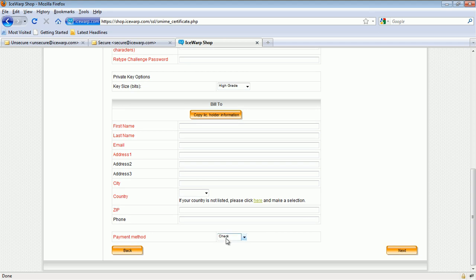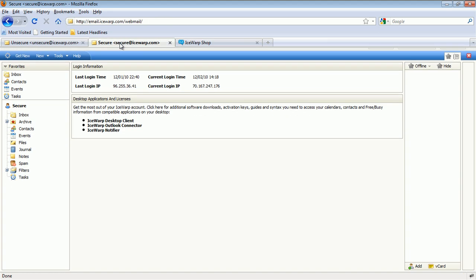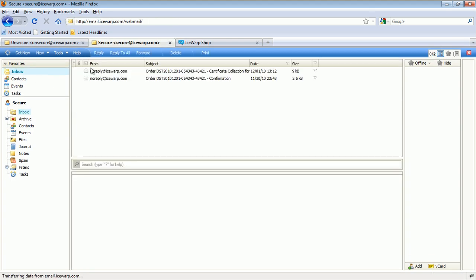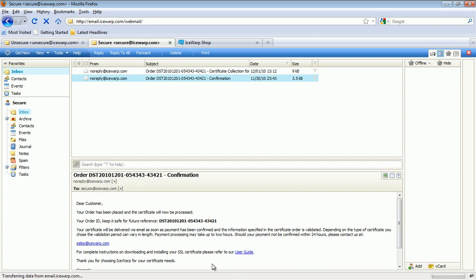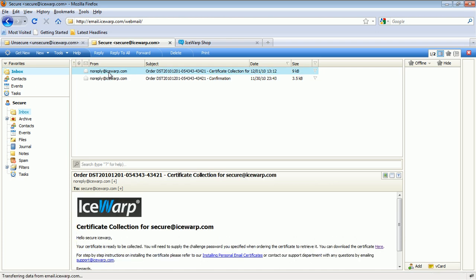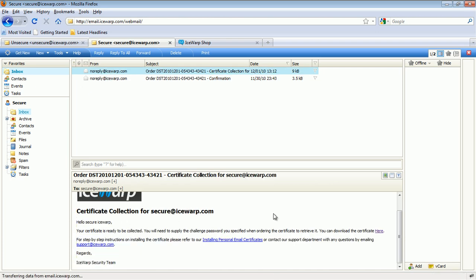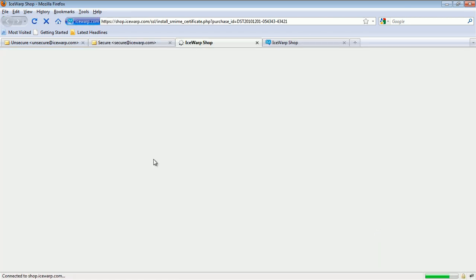It'll then go through, get approved, and be generated. Once it's generated and sent back to you, you'll receive an email. Let me go to a box that has it. You'll get just a confirmation email from IceWarp saying that your order was received and will be processed. The next step is getting the collection for this certificate. And as you can see, you can download the certificate here. So once we click here,